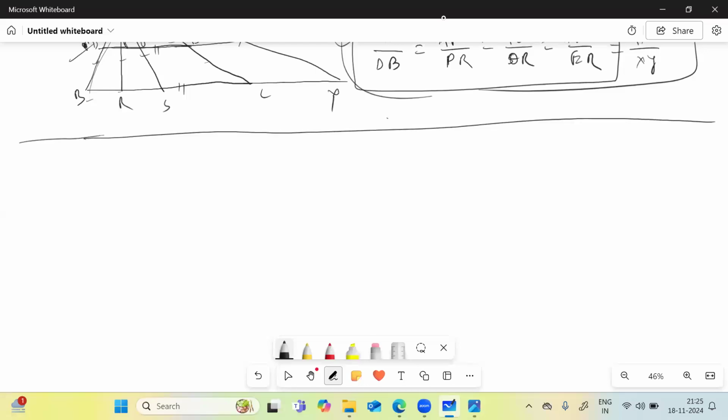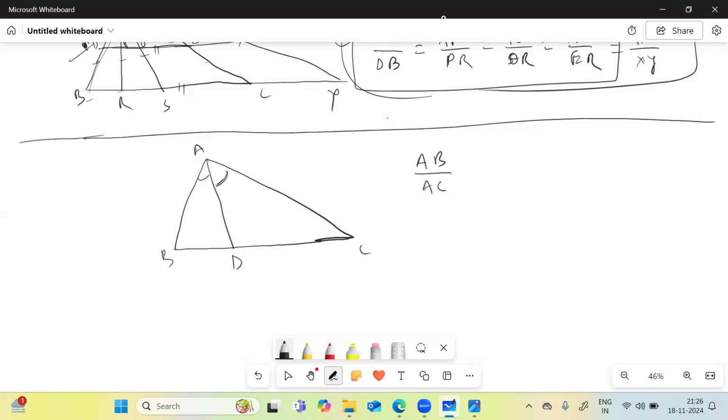So one of the results for a triangle which you should remember is, for any triangle, if I bisect an angle, I mean equally divide the angle, these two are equal, then it will meet at D at the third point. AB, the two sides which are making this angle, AB is to AC, will be the same. The ratio of these two sides will be same as BD is to CD.